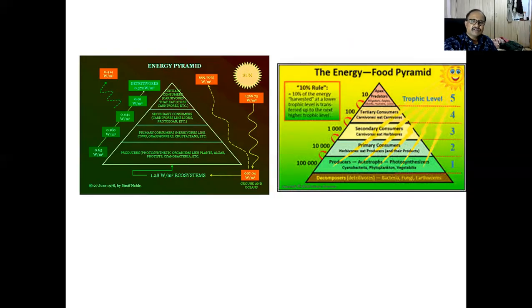Hence, during plotting of this pyramid we have to mention the energy present in the pyramid, in percentage and on a logarithmic scale, but we have to mention the figure of energy of each trophic level. Here it is given: 0.65 W per meter square. Okay, here 0.160 W per meter square, we have mentioned it here. Okay, here we have to show the